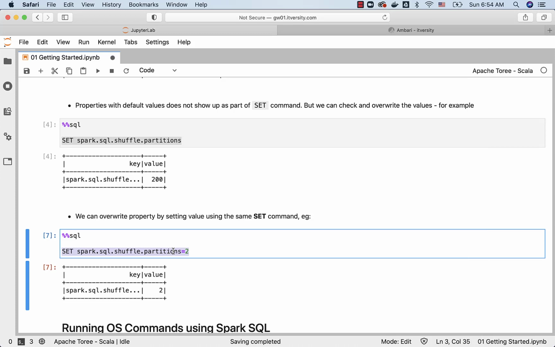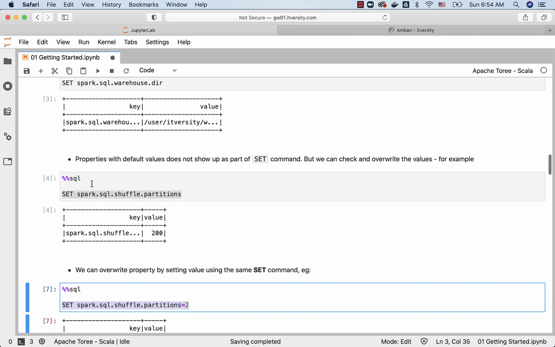This is how you can access the runtime properties using set command, and also I have demonstrated how to leverage JupyterHub to use SQL magic command to run any Spark SQL commands without struggling too much with the black screens such as spark2-sql CLI. In your environment, JupyterHub might not be available. If JupyterHub is not available, then you have to get comfortable with spark2-sql CLI, and you can leverage that to run any Spark SQL queries.